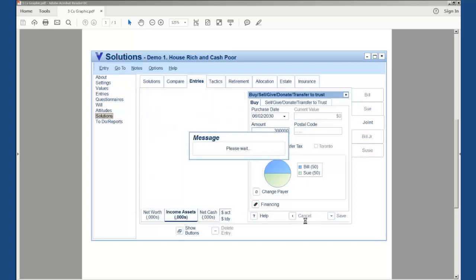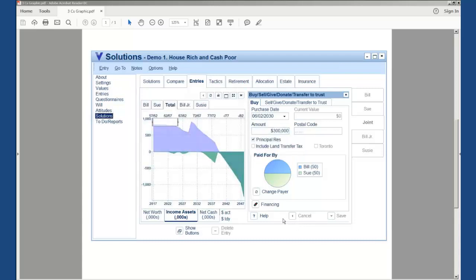Bring up the income assets, and now we're going to get the impact of selling the house, buying the condo, and the net impact. And we can see here then the increase in the income producing assets, the net impact. So let's look at a